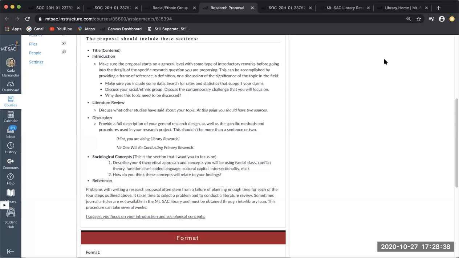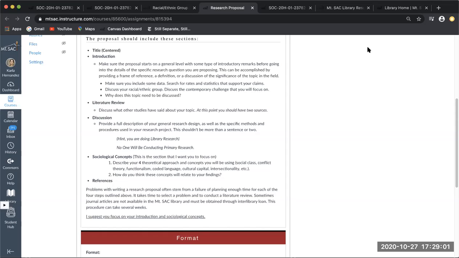Make sure the proposal starts on a general level with some type of introductory remarks before going into the details of the specific research question you are proposing. This can be accomplished by providing a frame of reference, a definition, or a discussion of the significance of the topic in the field.